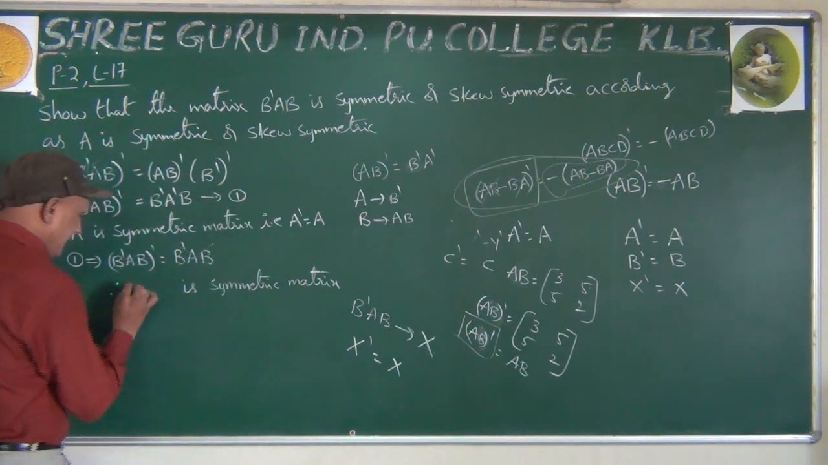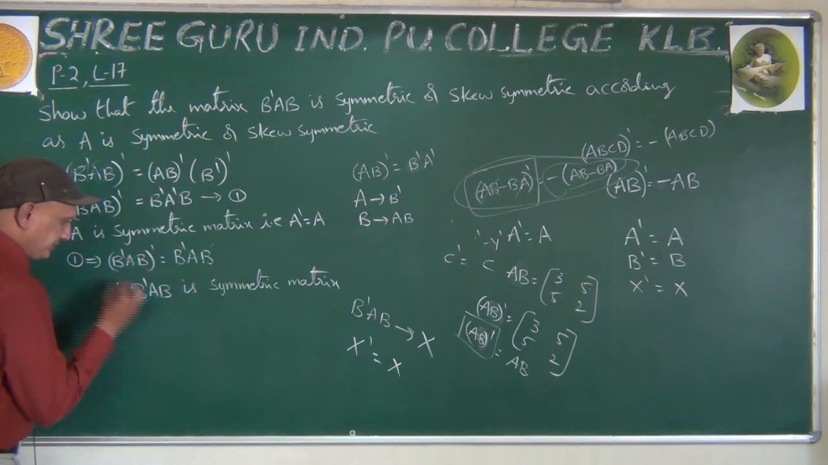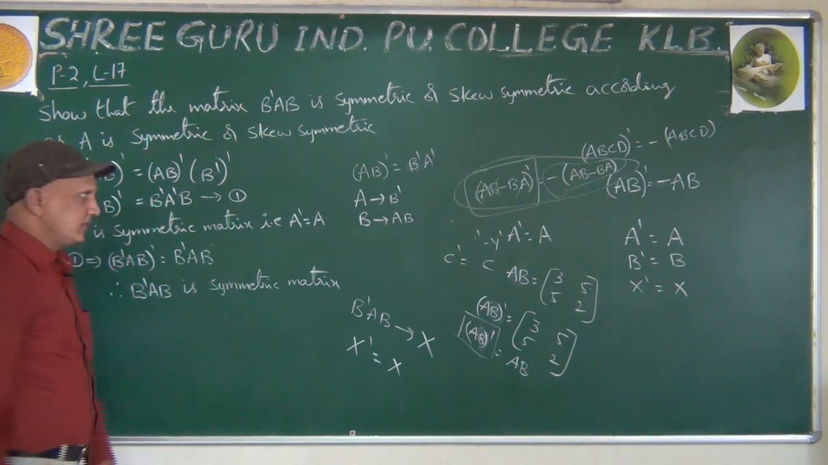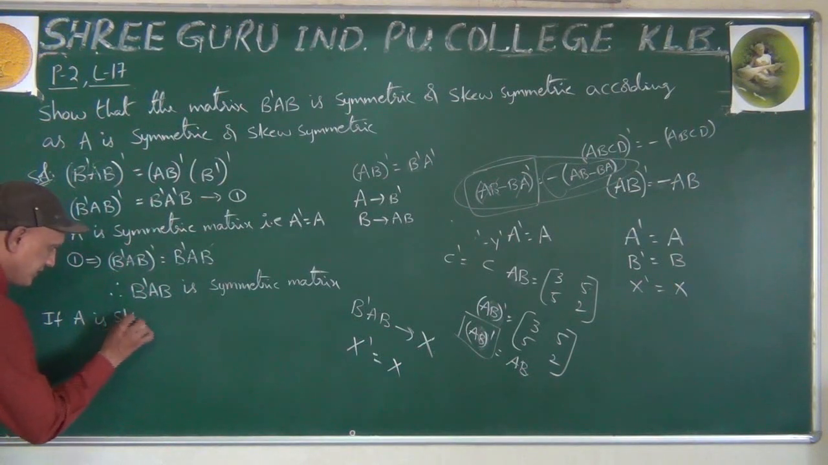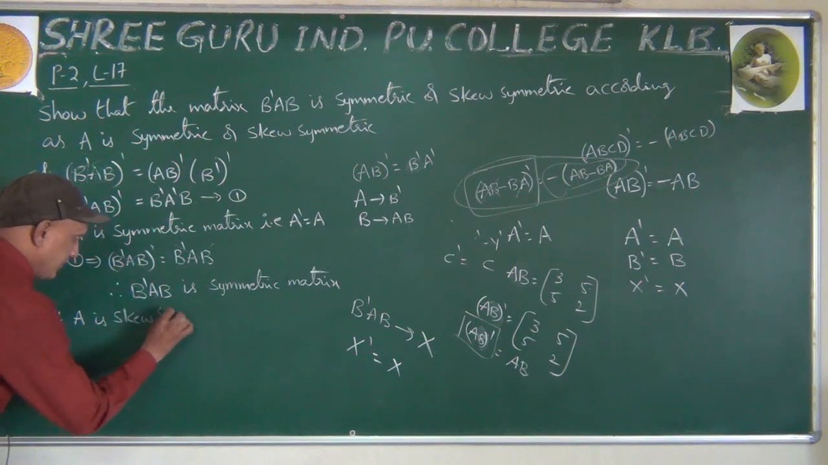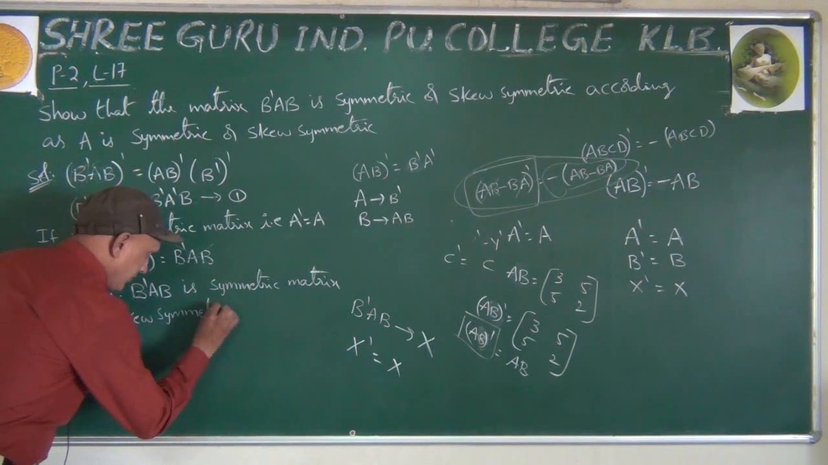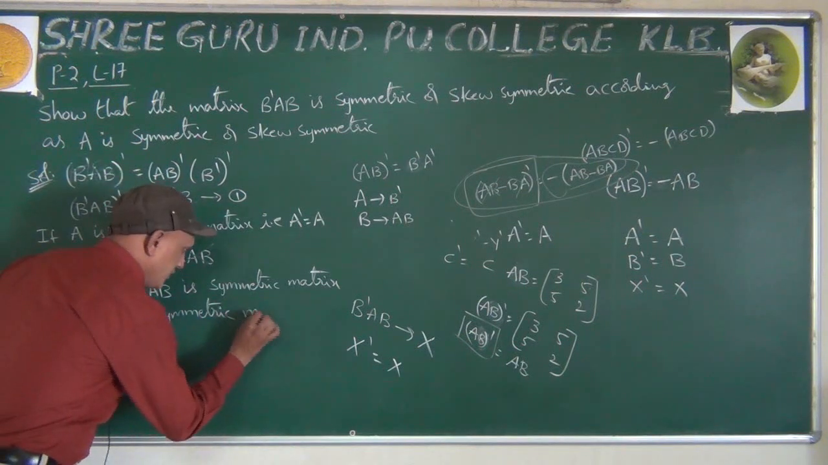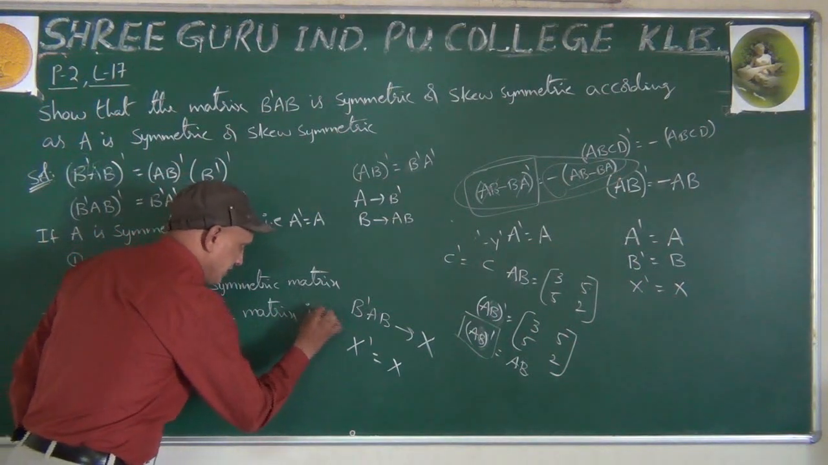What is the X? B dash A. Okay, now, next, if A is symmetric matrix, then this is the thing we got. If A is skew symmetric matrix,